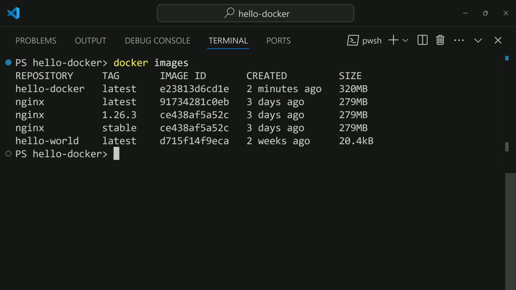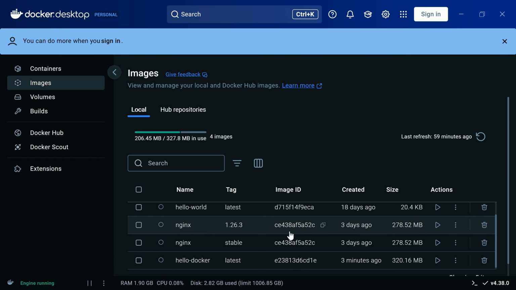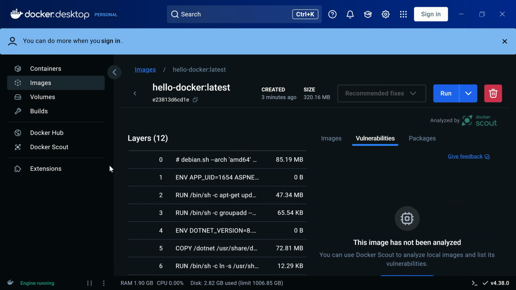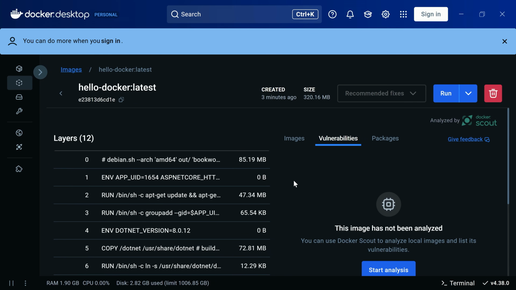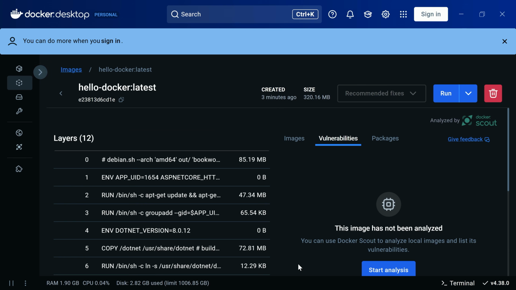And what you can do is just inspect briefly what's going on there by going into Docker Desktop. So let me show you. Let's go into Docker Desktop. And if we go now into images, we should be able to see our brand new image over here at the bottom. And what you can do is just click on the hello-docker image. Let's see if we can expand this a bit. And what you can see here in this section is all of the layers that now compose our brand new image. So for instance, if we click on this very first layer over here and we click on the command, you can see the actual